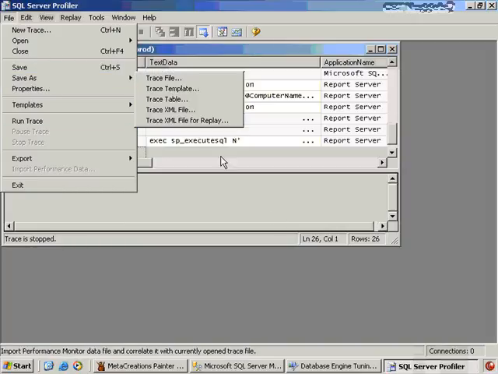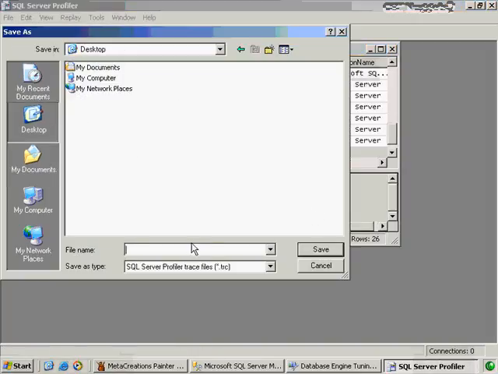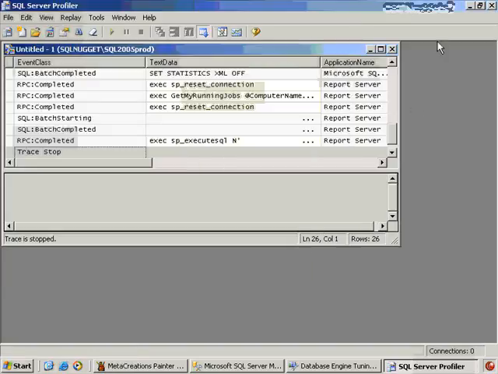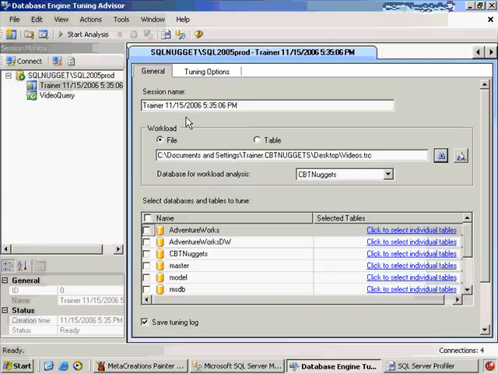Let's go ahead and save it. Save it as a trace file. Why don't we put it on our desktop. We'll call this videos. Hit save. Now, if we head back into the Database Engine Tuning Advisor, load up our file that's on the desktop, we